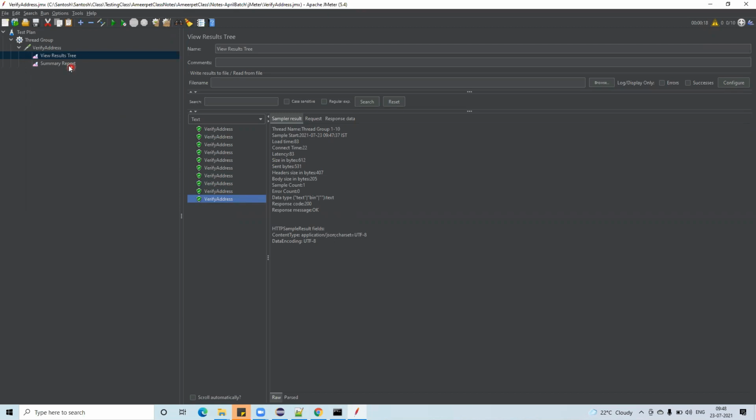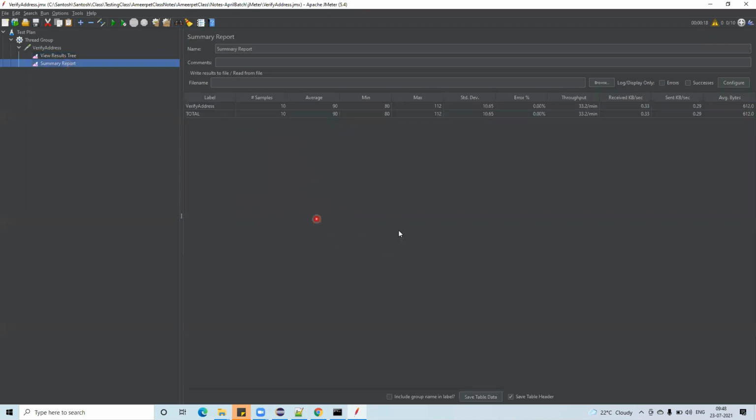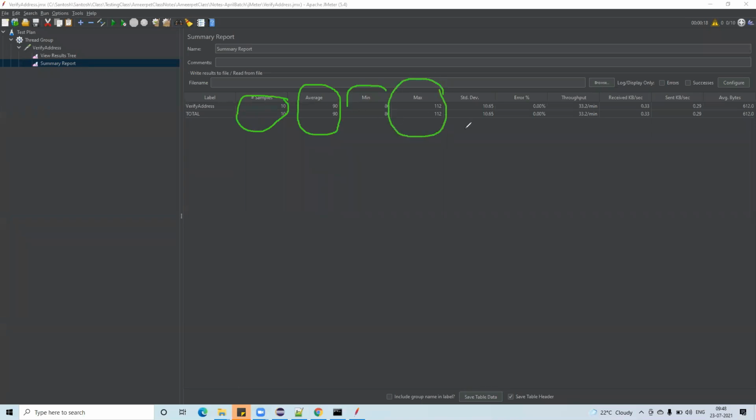And I told you, right, there is one new summary report. See what it is telling actually. This summary report will tell you this information, which is total how many requests, samples 10, what is the average, in 90%, okay, the results are coming properly. Sometimes maximum, sometimes delay is there. And how many kilobytes sent, and how many bytes we received on an average, some number it is giving.